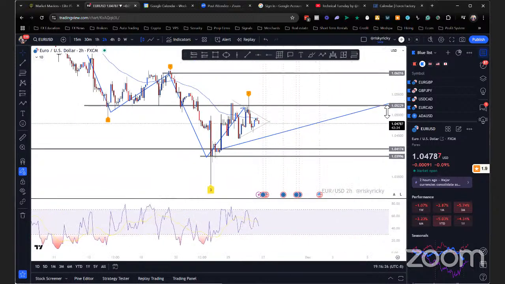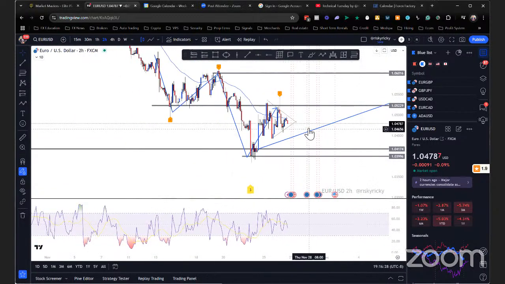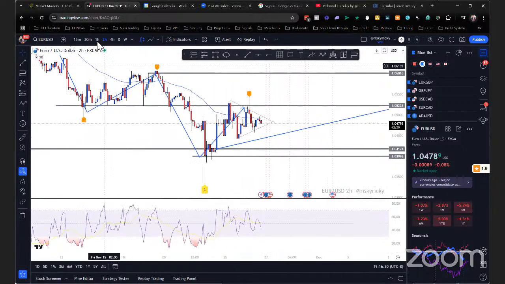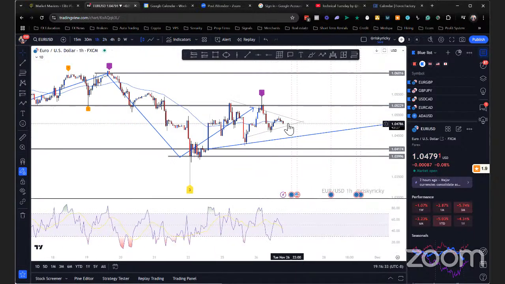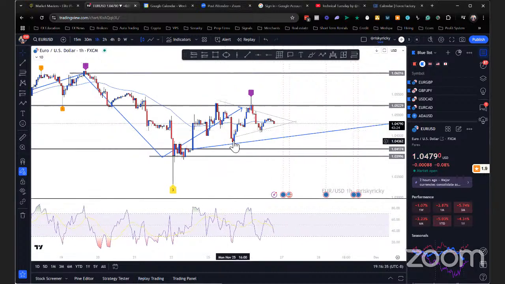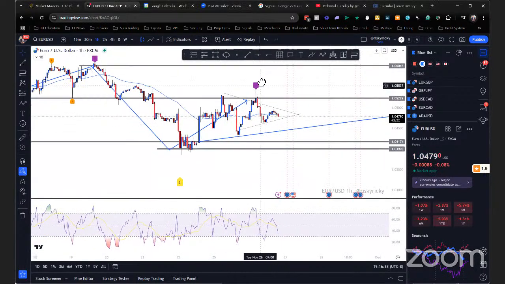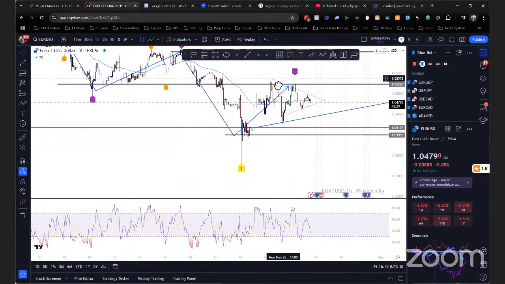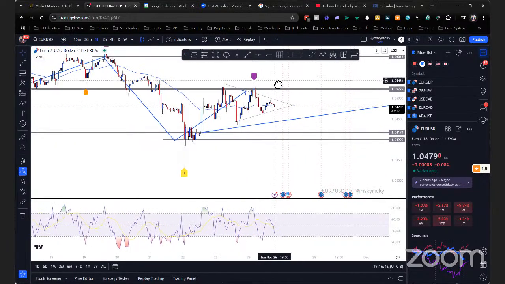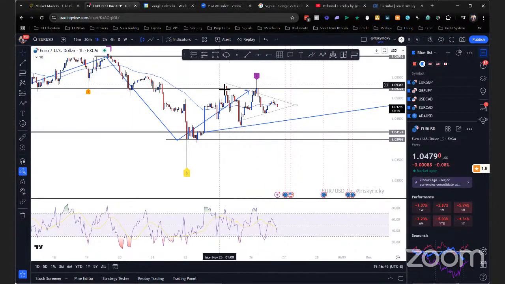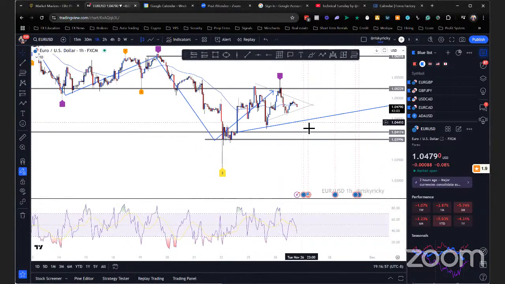Euro USD right now, not too good of an entry position. I'm just gonna look in a little bit more. Yeah, not too good of a position. If anything, it'd be more of shorting these areas and aiming down for these lows over here or these lows down here. But yeah, I don't see anything really that's a nice clear setup.